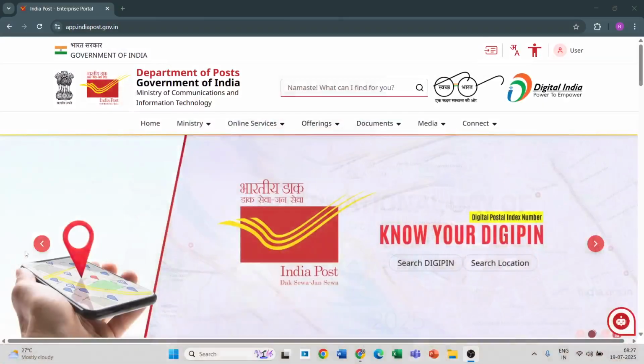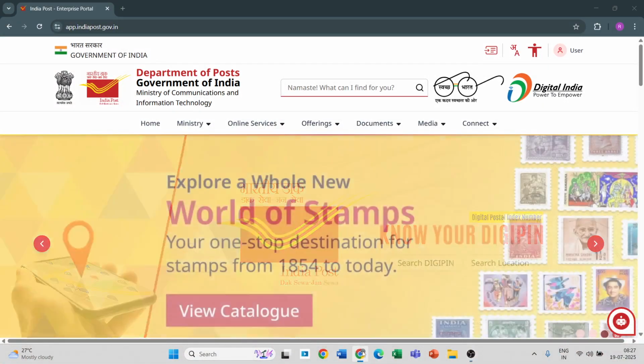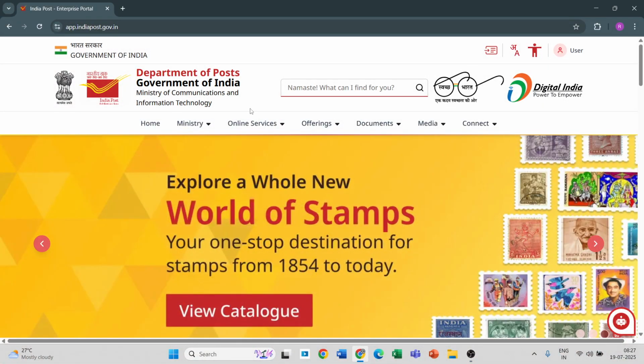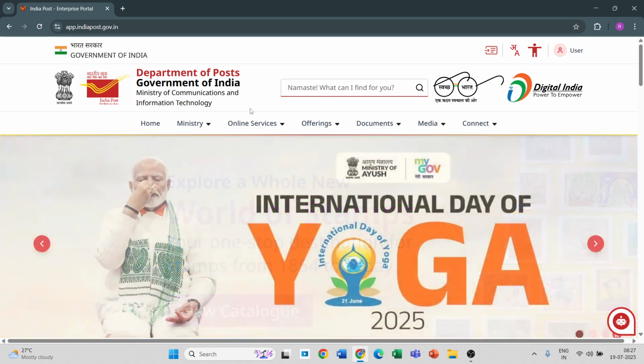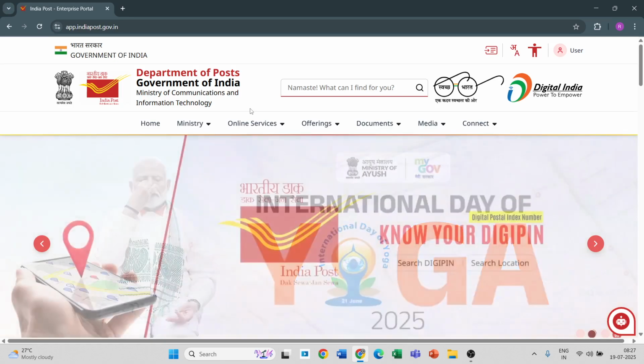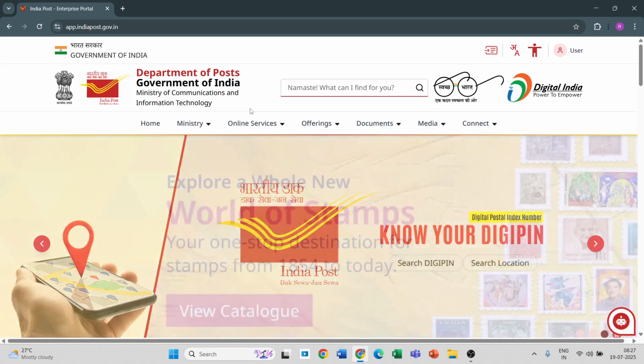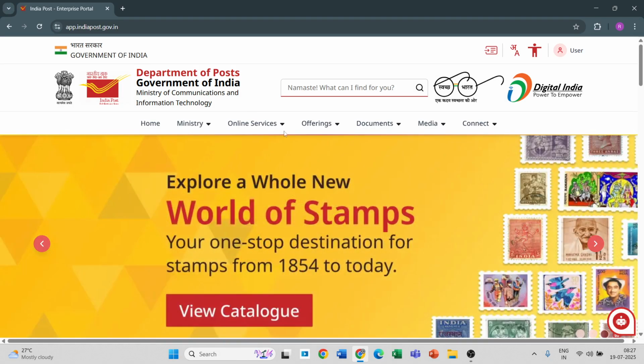So let's see the process of profile updation. For this purpose, we have to visit the India Post website. The new website address is app.indiapost.gov.in.